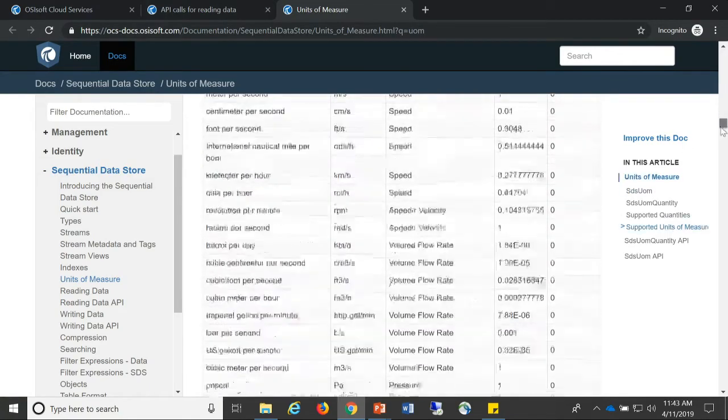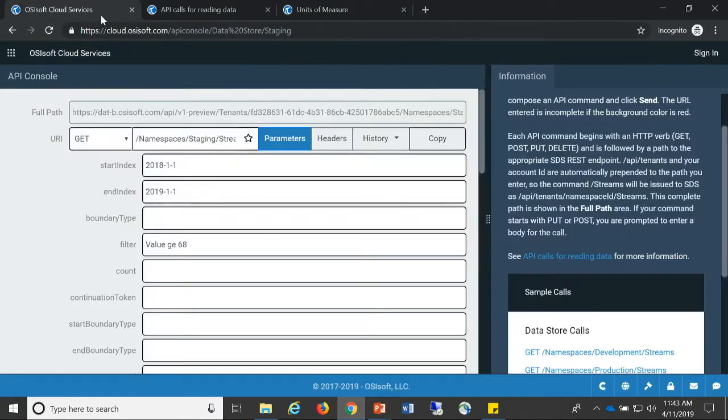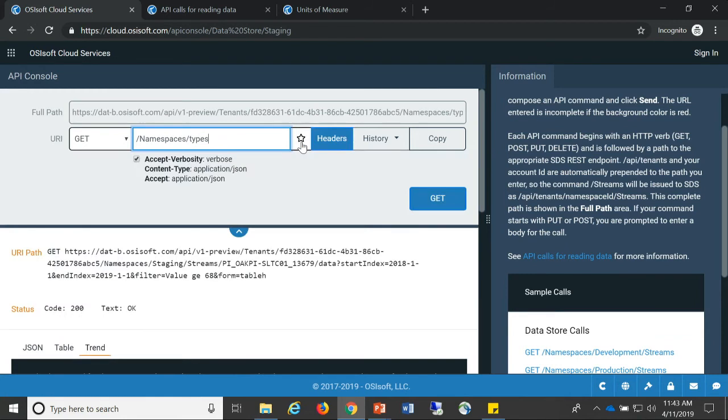So there are quite literally thousands of them that you can use to decorate your streams. And I have, it's the fidget sensors. No, which ones have those? Unfortunately, the PI to OCS ones we didn't create with UOMs, but the meters do. Okay, so if I go look at the types,